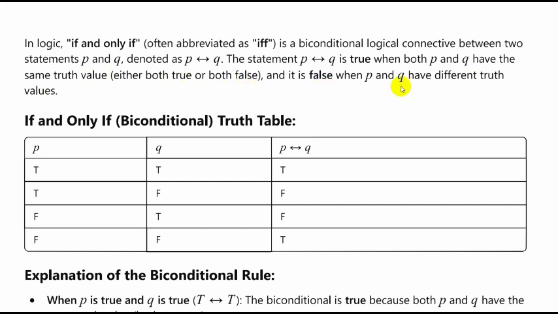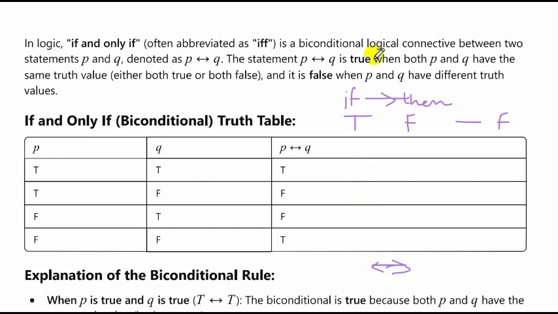And it is false when P and Q have different truths. So the relation between if and only if and the if then scenario is that in the if then scenario, that is this symbol, if then, only if the premise is true but the conclusion is false, the implication is false. But in if and only if, that is the double-headed arrow, in this scenario